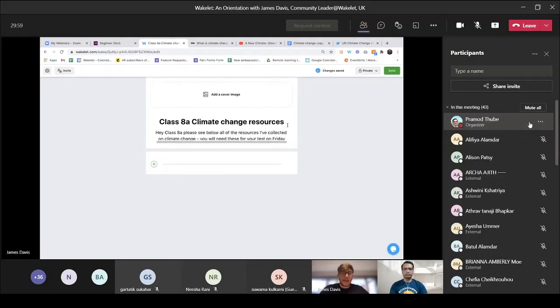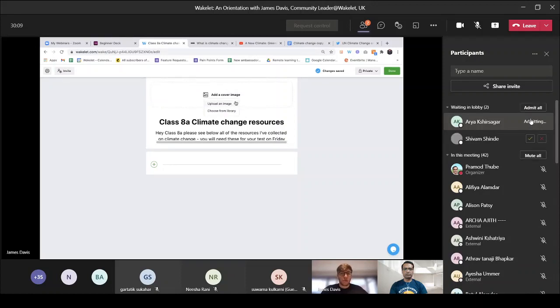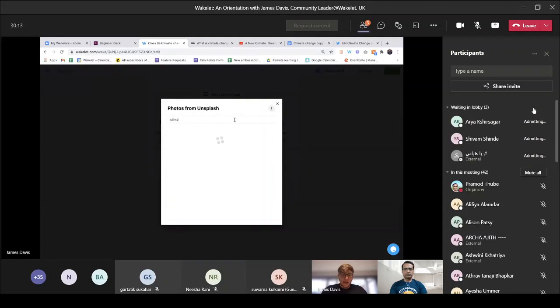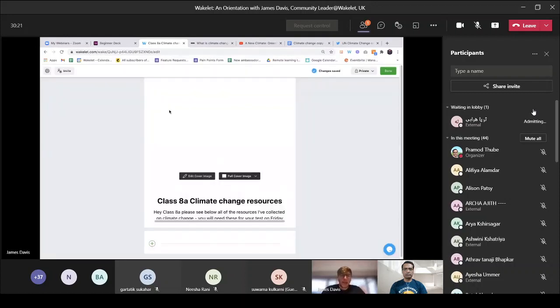And then we can go ahead and give our collection a bit of personality, bring it to life a bit, add some imagery. So we've made it super simple to do so. Click add a cover image. You can either upload from your desktop or laptop or use our library. We'll use the library now. This is where you can search for thousands of images, all copyright free. So I can pull through this one here like so, add that in,